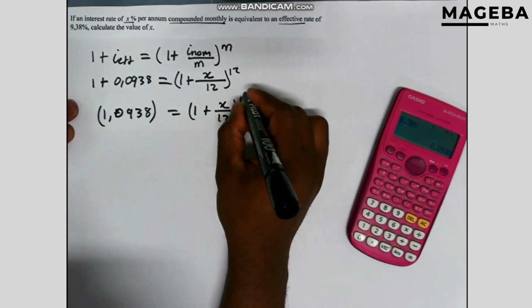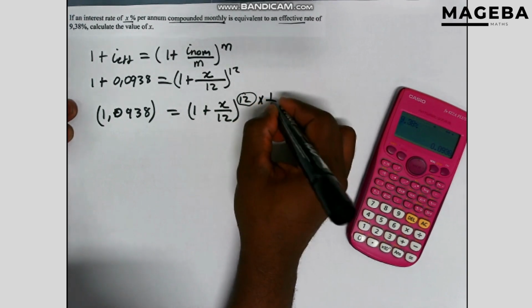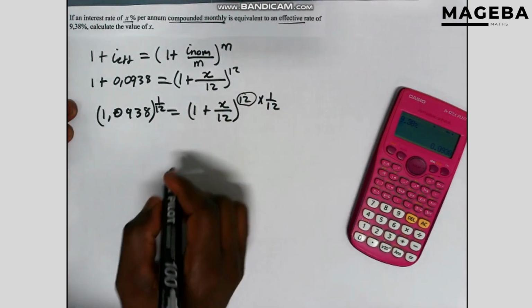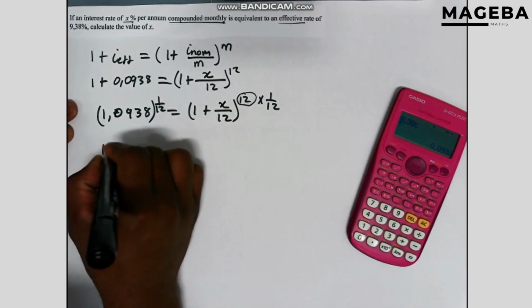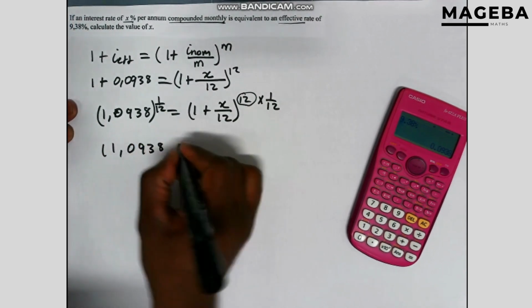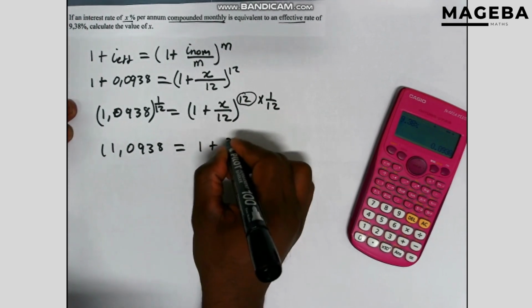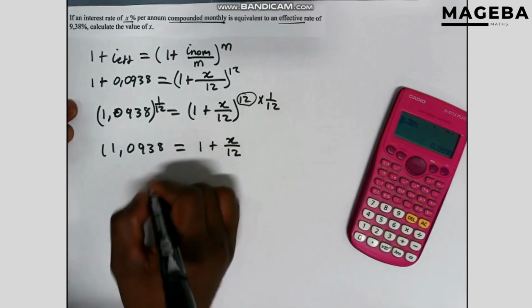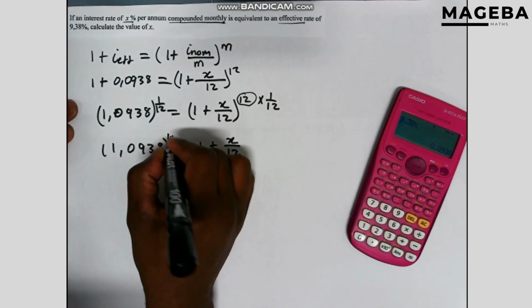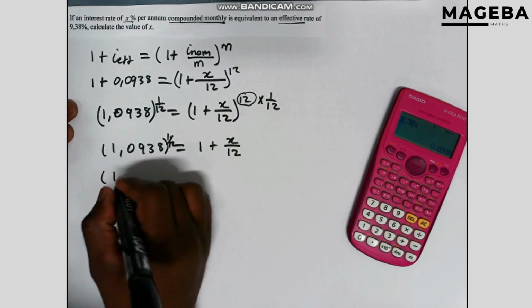Just going to times by 12. What you did on the left hand side, you need to do on the right hand side. Then from here you're just going to have 1.0938 to the power 12 equals 1 plus x over 12. So like that, we have this, and then take 1 to the other side, and then 1.0938 to the power 1/12, and minus 1